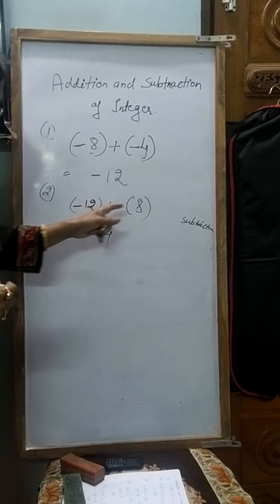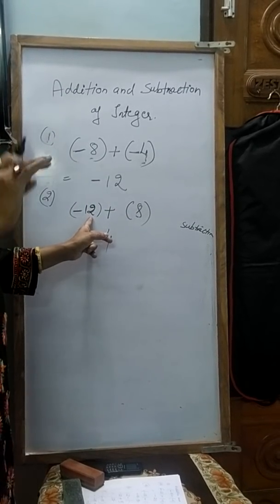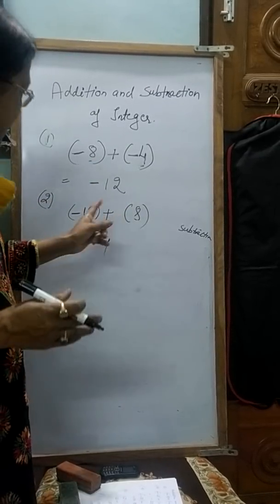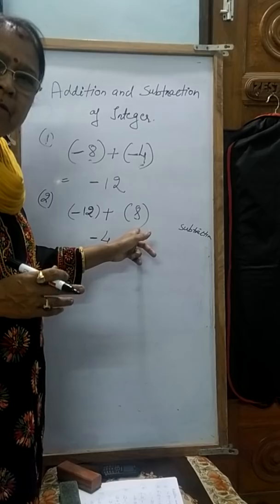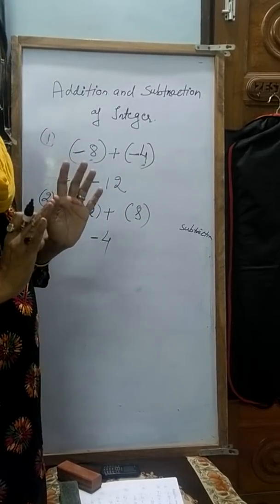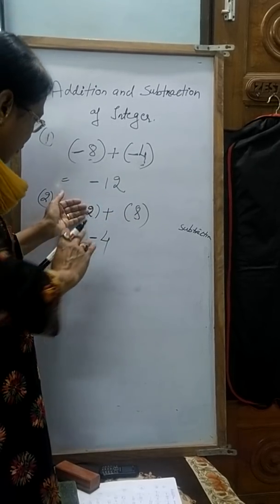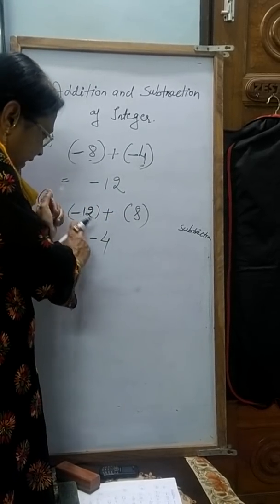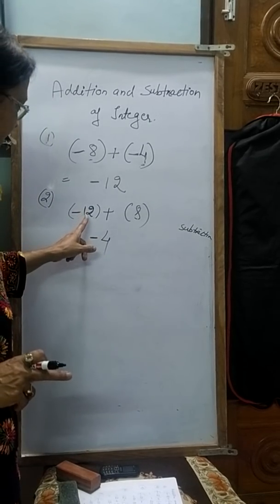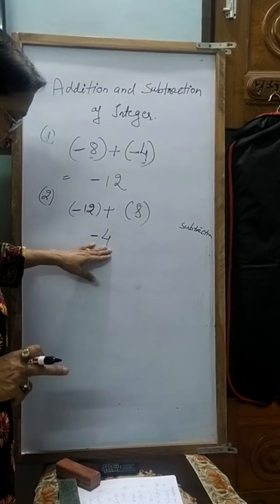So you have to do the subtraction first as it is, जैसा करते आए हो वैसे subtraction करना है. लेकिन subtraction करते समय जो नंबर बड़ा है उसका साइन लगाना है. ये हमेशा ध्यान रखना कि 12 और 8 में 12 बड़ा है और 12 के आगे नेगेटिव साइन है, तो उसका साइन लगाना है. So here the answer is minus 12 plus 8 is equal to minus 4.